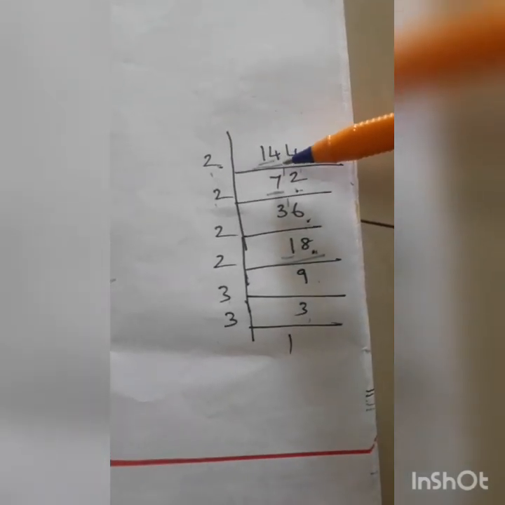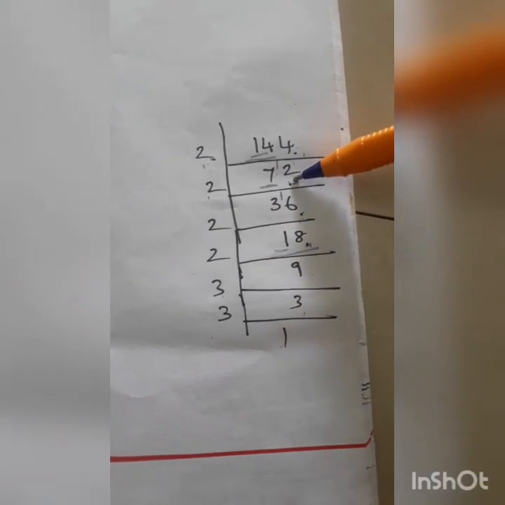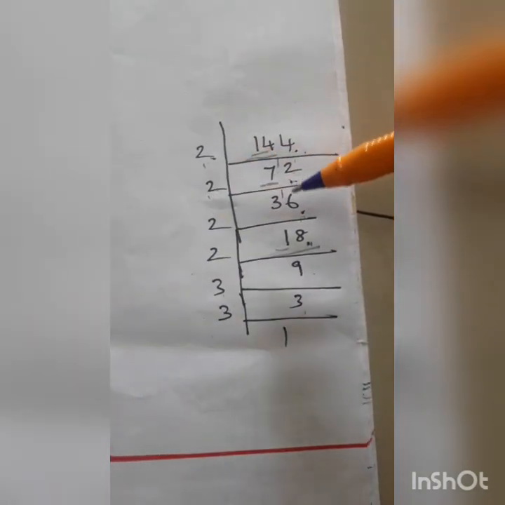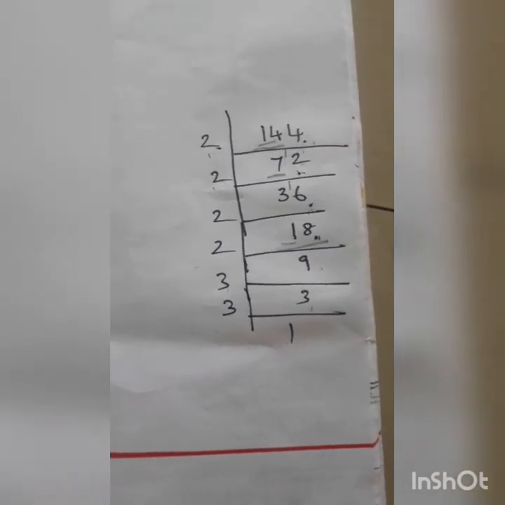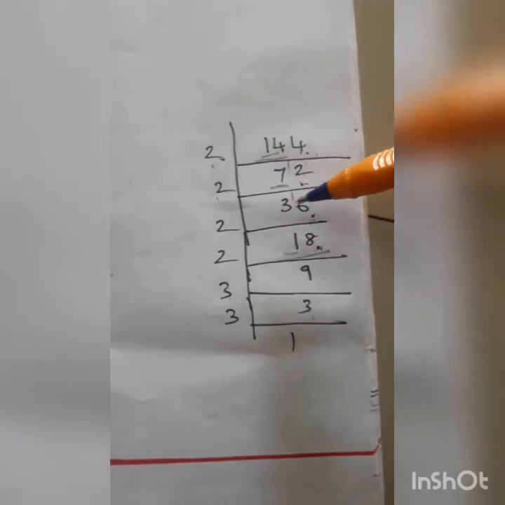So 144. 2 is a prime number. 1 is not possible, 14. 7 2s are 14. 2 2s are 4. Again take the 2 table. The fourth table is also possible, but you should not take the fourth table. Why? 4 is a composite number. You select prime numbers only.